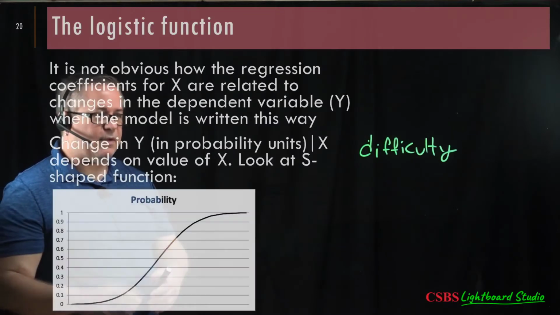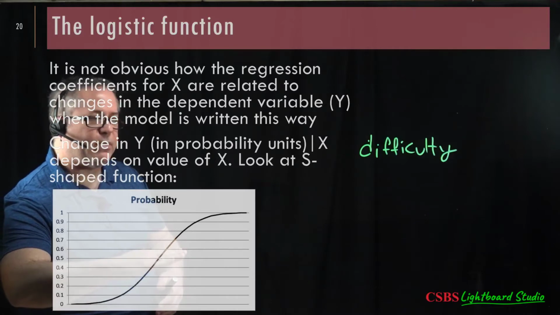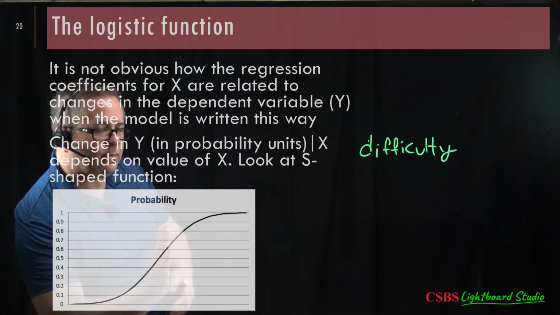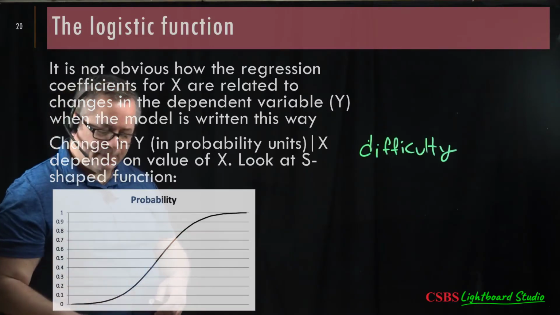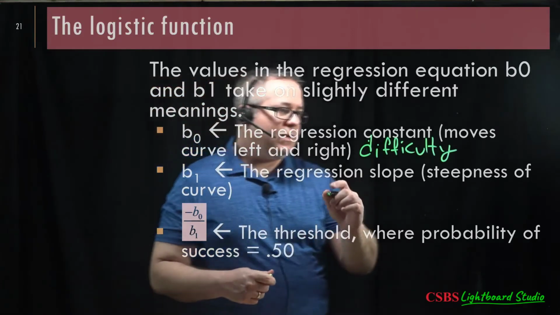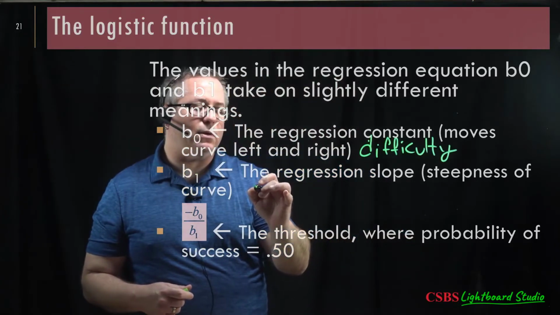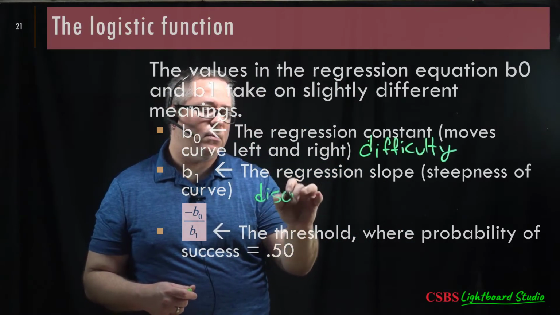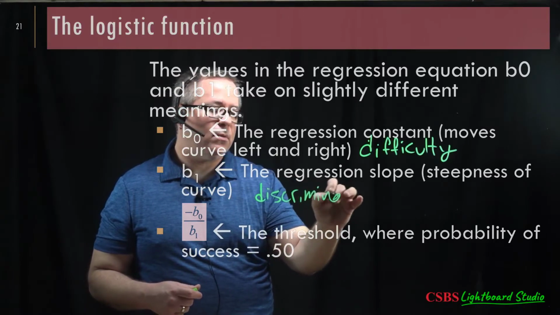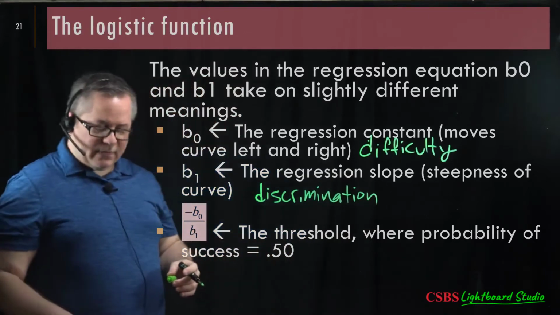If I were to take that same line and this line were more flat like this, that would mean that the relationship between the predictor and the outcome is not very strong. The steeper this goes, the more related the item is to the outcome. But in testing terms, this is often known as the discrimination. So again, if you think about this as a testing item,